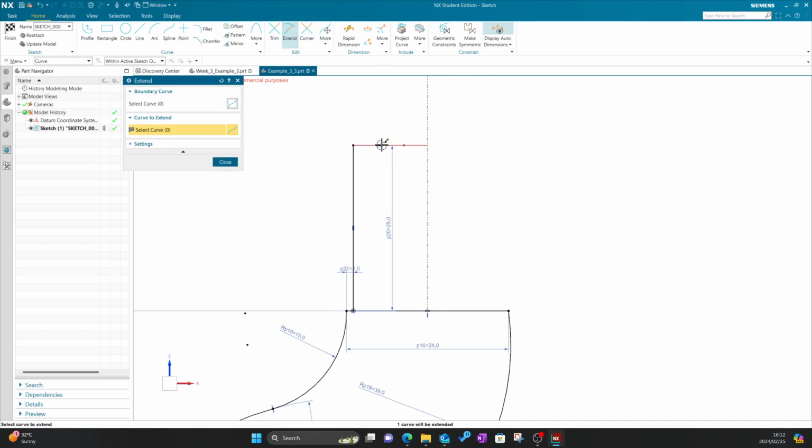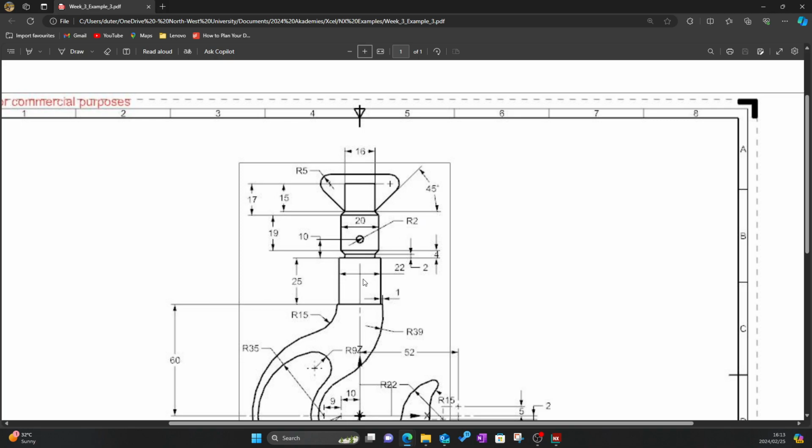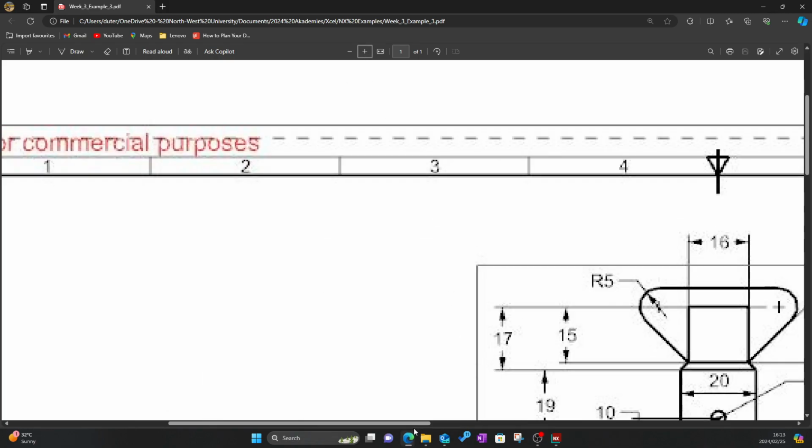You can use this extend feature. So if you hold over this line, it will extend the line to the next feature in the sketch. So now we have that side. If we zoom in a bit,